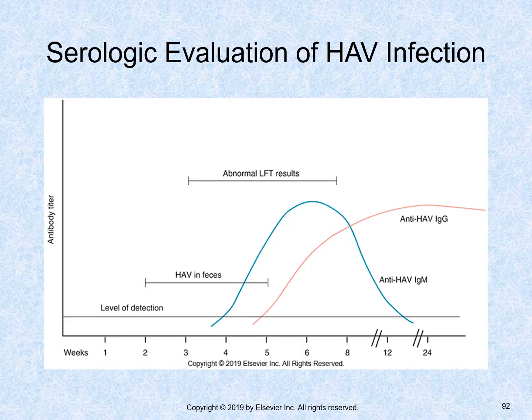This figure shows a serologic evaluation of hepatitis A virus infection. It shows the rise and fall of detectable antibody IgG and IgM. IgM is detectable within the first 3 to 4 weeks, with the highest titer peaking at 6 weeks. IgG is detectable after 4 weeks and increases and then plateaus. Recovery for hepatitis A virus infection can take weeks to months.